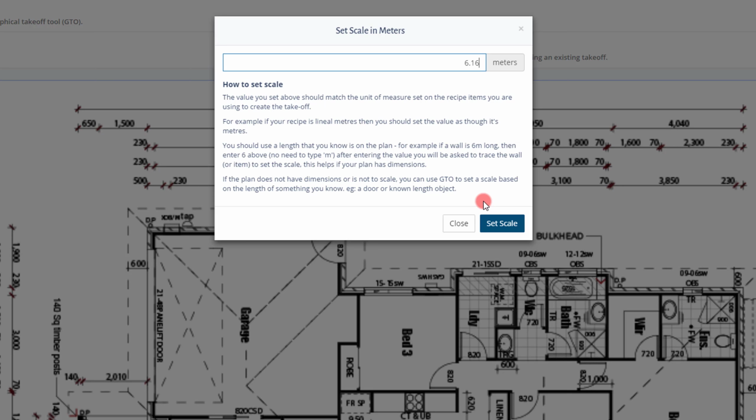If the measurements in your plan are represented in millimeters, convert your scale length to the meters equivalent length and then enter that in the scale value. For example, if the wall length is represented at 4,250 millimeters, enter 4.25 meters as the scale value. In this case, set the scale to 6 meters, as I know there is a wall that measures 6 meters